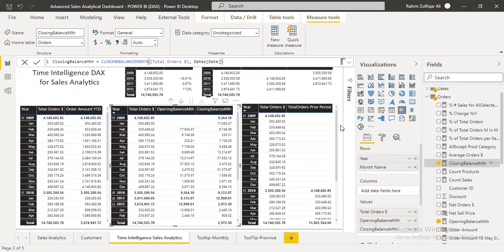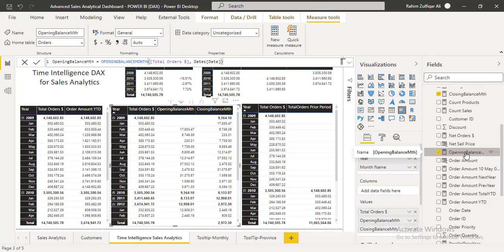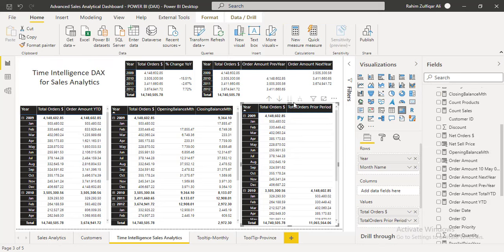Now all these DAX which you are seeing here does not matter to one specific database. Now for example, don't consider that this specific DAX of closing balance month will always go with a sales database. No, that's not the case. These are generalized DAX which I am showing you in this video tutorial as a quick reference, but once you have noted them, you can use them on your own data sets or the practical data sets. So the logic will remain the same, right? Similarly, if I come to the opening balance month, you will find the opening balance month DAX is also available, right? So this is just a glimpse in this video tutorial.